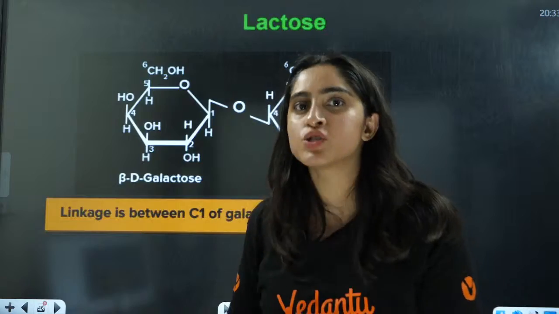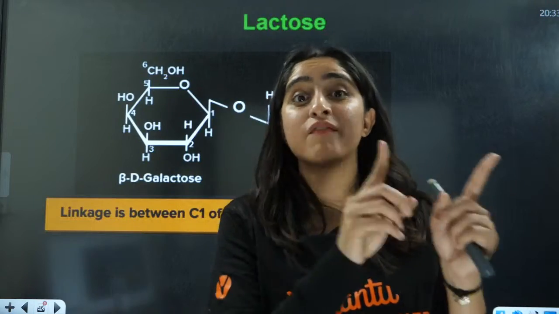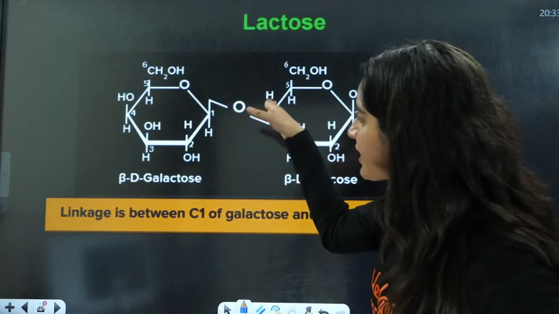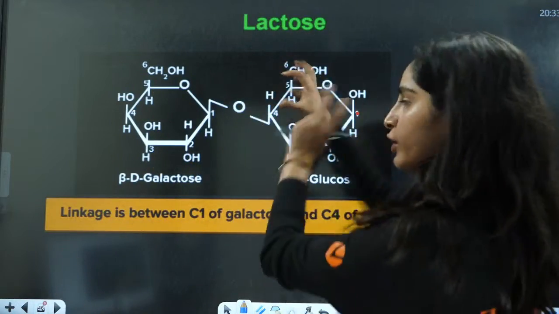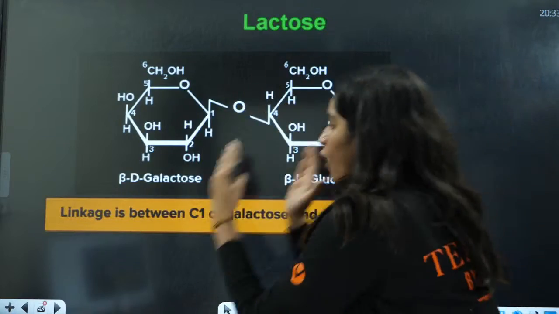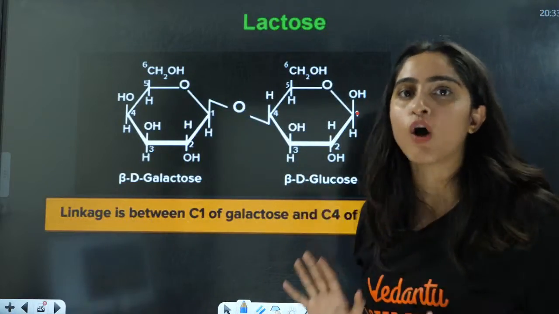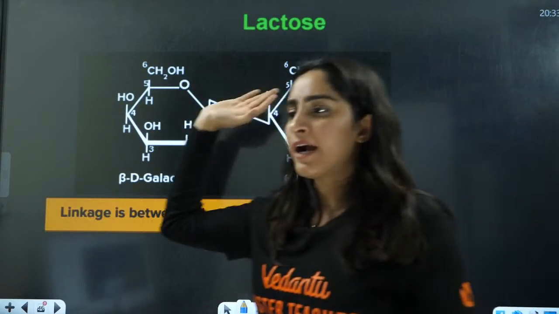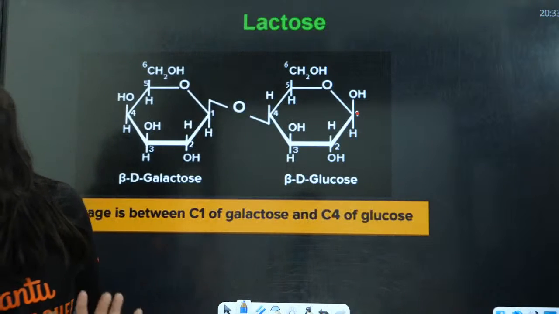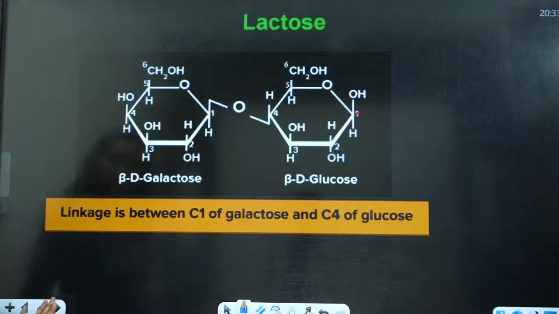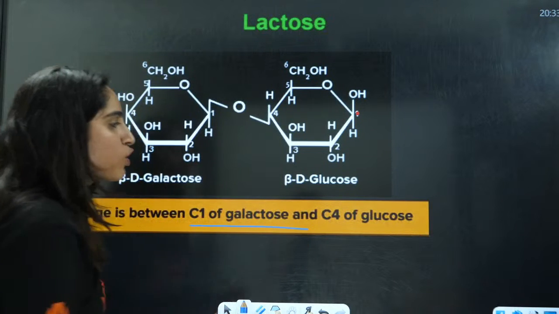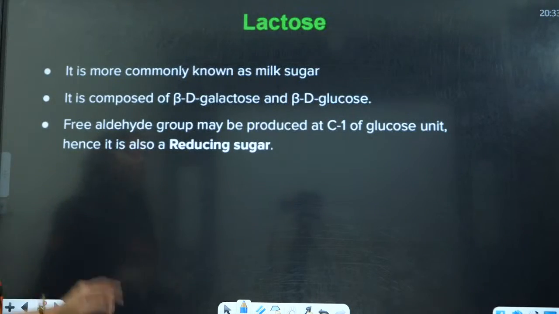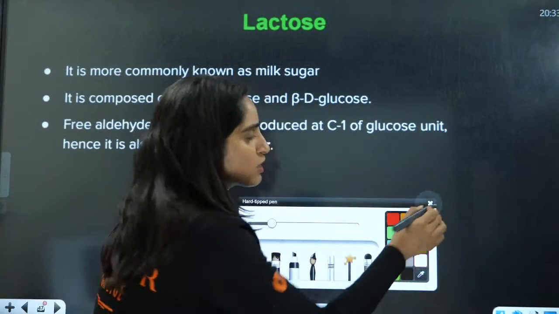This is easier because you don't have linkage of C1 and C2. When there is linkage of C1 and C2, then you have to see, because on this side you will get the C4 structure. Either you will have to invert this structure or you'll have to draw the structure below, right? That is your choice. But in this case, there is nothing like that. This is C1, this is C4, just eliminate water and draw the new structure, right? Okay, done? There is linkage between C1 of galactose and C4 of glucose. That's it. Now, this is found in milk, sugar and everything.